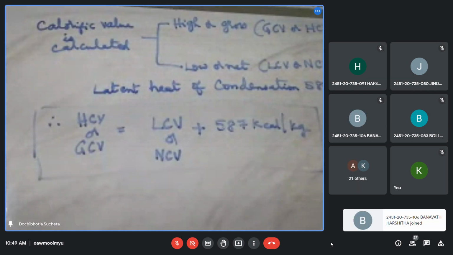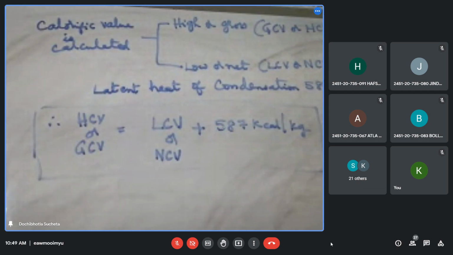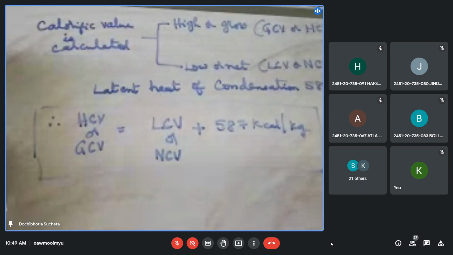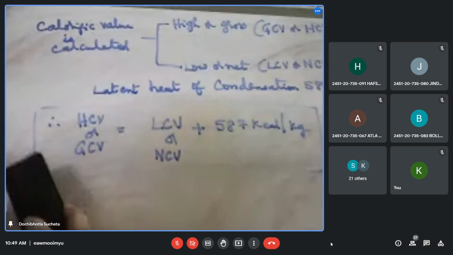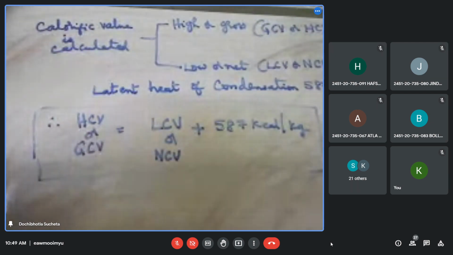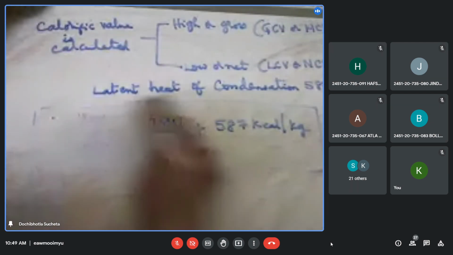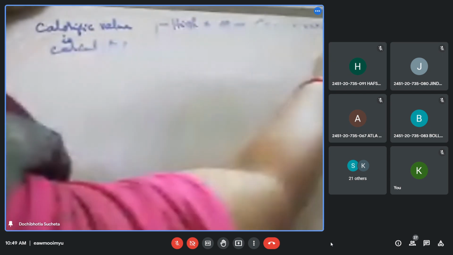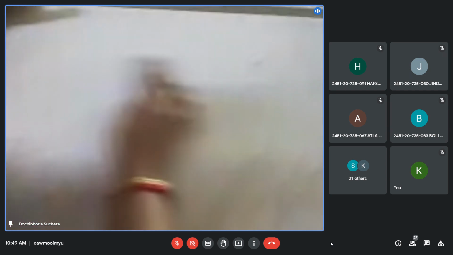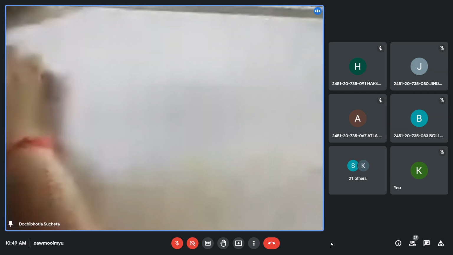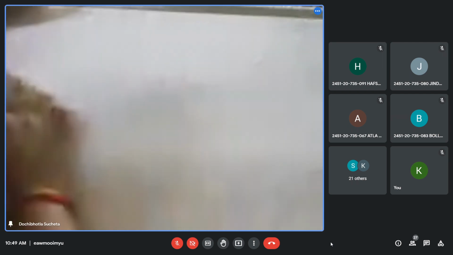Anything else? Okay. Now we'll move to the main core area. Now, what is that core area? After coming to this formula, I'll start calculating the calorific value of various substances. For that, I'll use